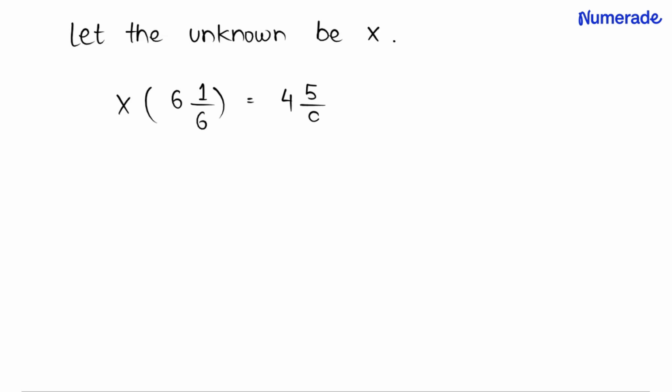5/9. So these are written as mixed fractions, and hence if we convert these mixed fractions, then it will be 37 divided by 6, and that is equal to 41